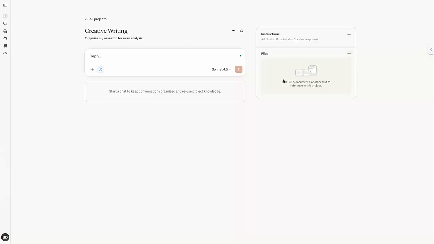here. So in my case, for example, I've written a book, so I might upload the entire manuscript of a book in here, maybe some copies of some blog posts I've written in order to help it capture my unique style. And so, yeah, right here in the instructions again, this is where you tell it what to do